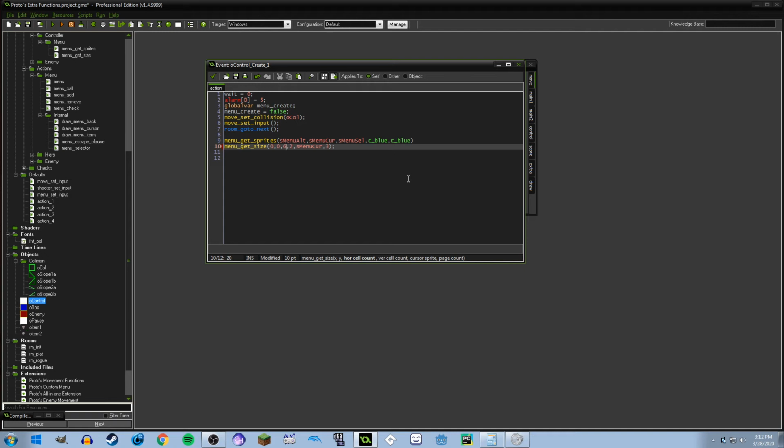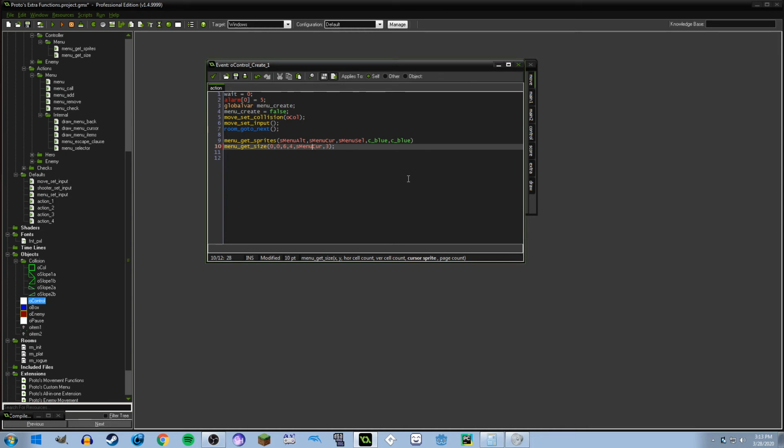That's only because it counts 0 as a number. So if I were to put like 1 in this field, for instance, then it would have 2 cells. So I'm putting in 6, so this one will have 7. And then I'm going to do 4 for vertical cells. And then, of course, I can